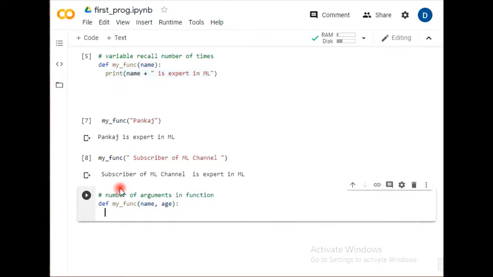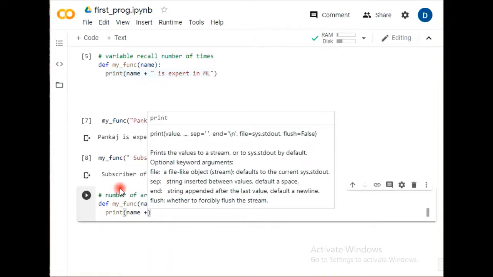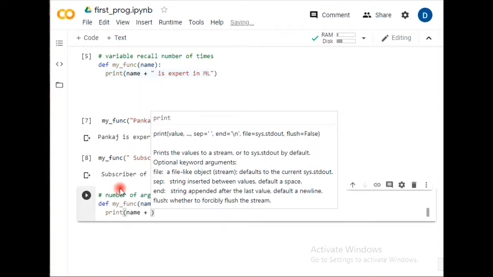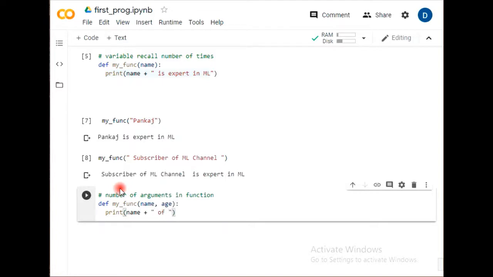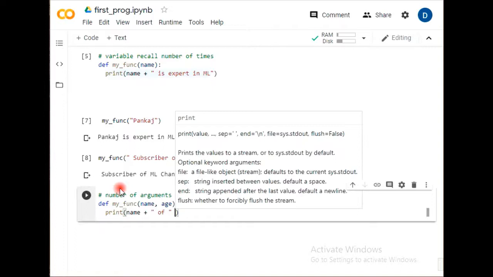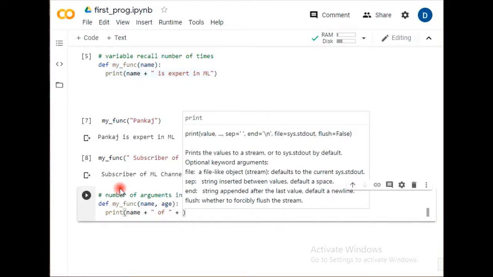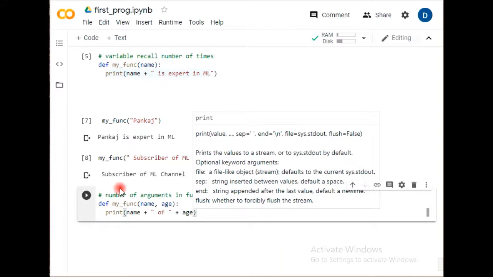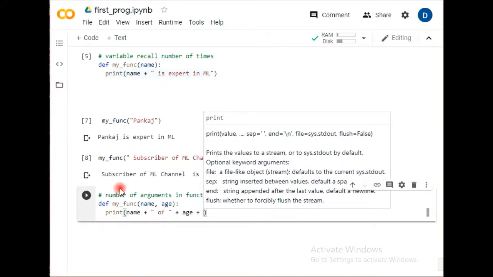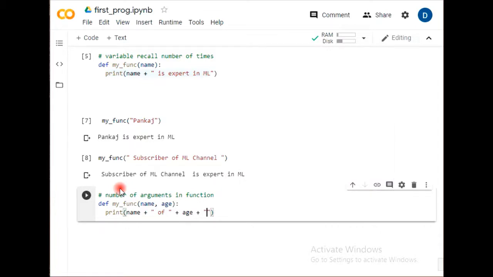I've defined this function, and what exactly do I want? I wish to print, using the same, the first I have a name, so I will use this name, concatenating to a string name of, then again concatenating to a string using age, then again concatenating to a string using is expert in ML.